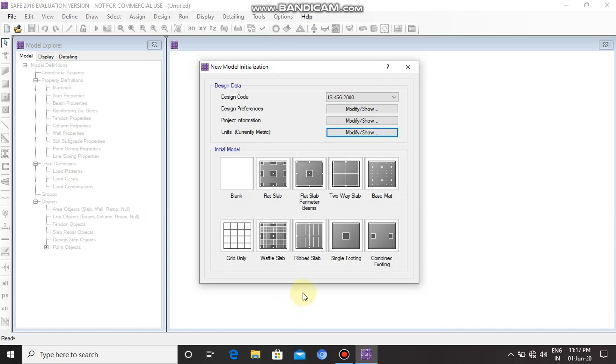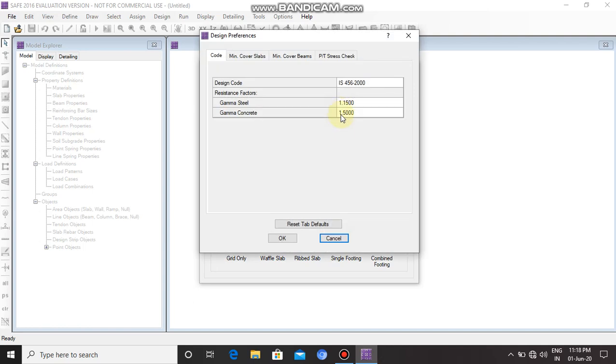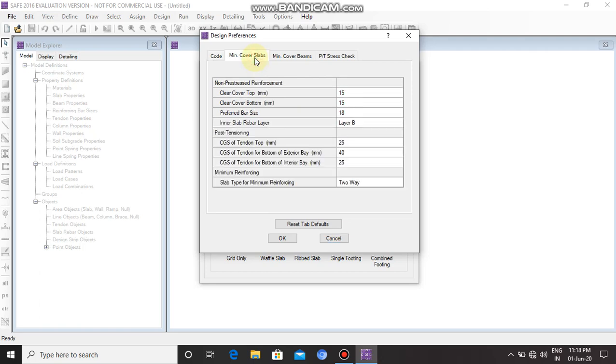Okay, after that, the design preferences. Click on modify/show. The minimum cover slab.